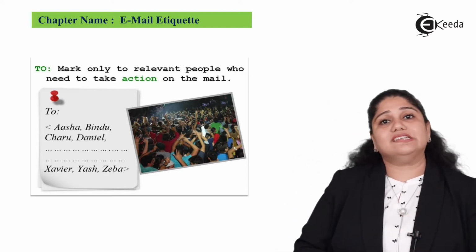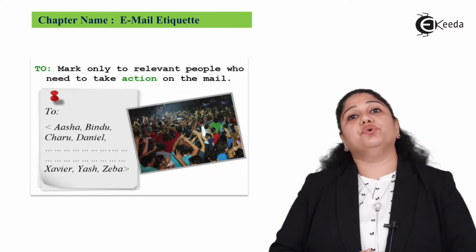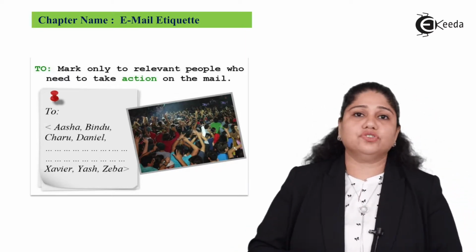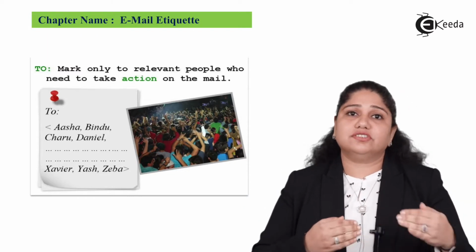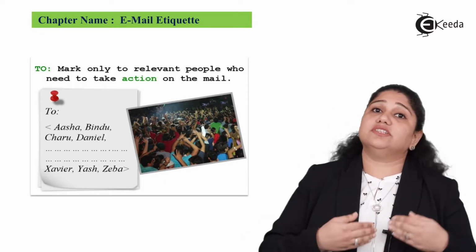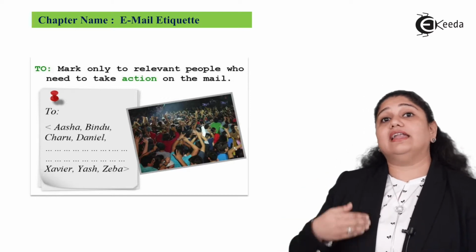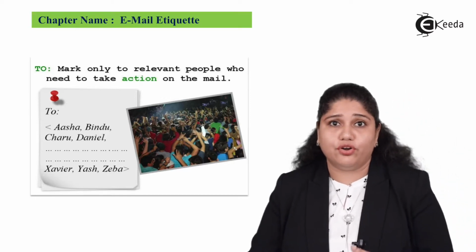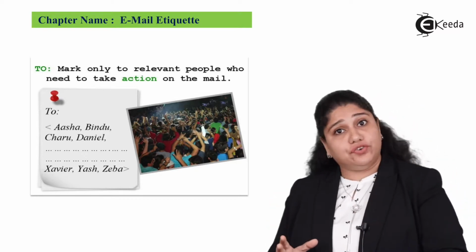You can start CCing maybe two to three higher authorities who should know that you're going through these issues. And every time you write a mail, you write that after the first reminder, this is my second reminder for so and so, this is my third reminder for the same thing, this is my fourth reminder. So when you're writing the fourth reminder and now you're CCing all of your superiors, now they know, oh, after three rounds of